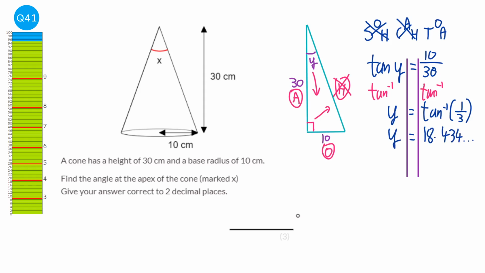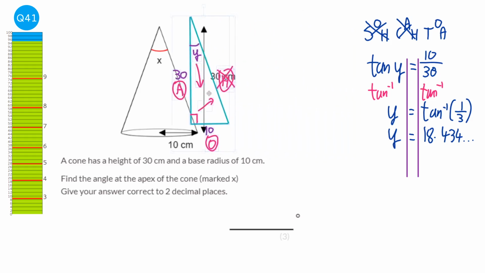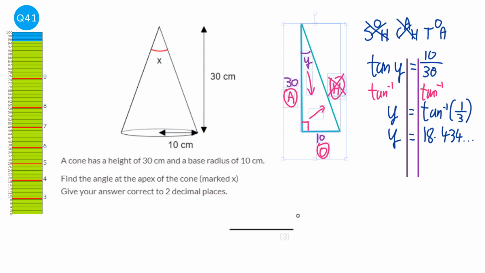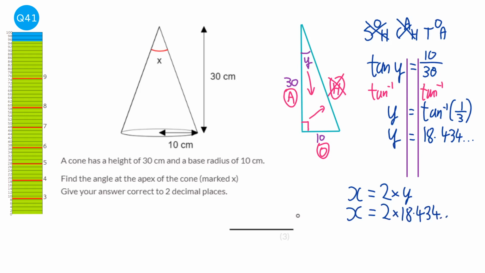Now, what I did at the start was I moved the diagram away from the cone. Let's just move it back and we'll see the fact that y is exactly half of x, because we've done a line straight down the middle. So to find out what x is, all we need to do is double y. So x is going to be 2 times y. So that's going to be 2 times the 18.434 and so on. And so that is going to be 36.869, etc. And it says it wants it to correct 2 decimal places, so that's going to be